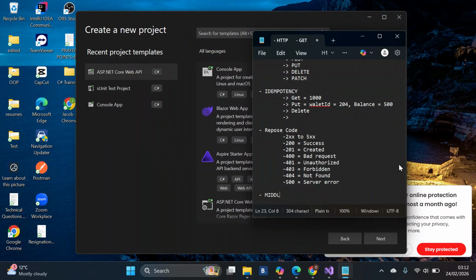middleware. These are some of the things that ASP.NET has opened my understanding to. Middleware. What is middleware? Middleware can literally be referred to as a series of components that make up the pipeline that processes the requests and response